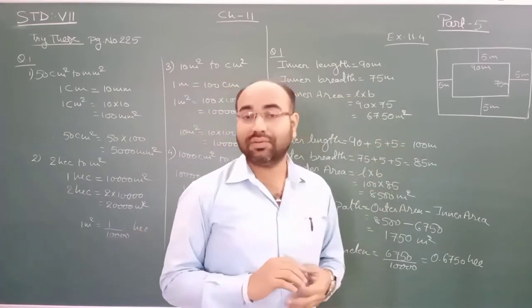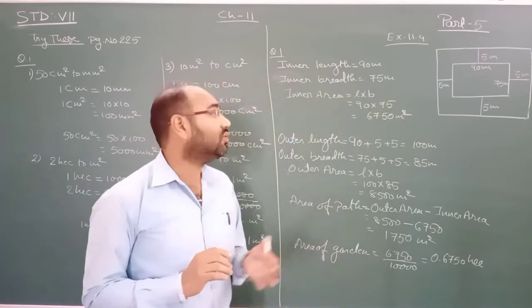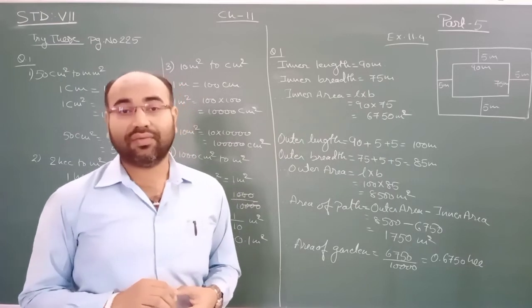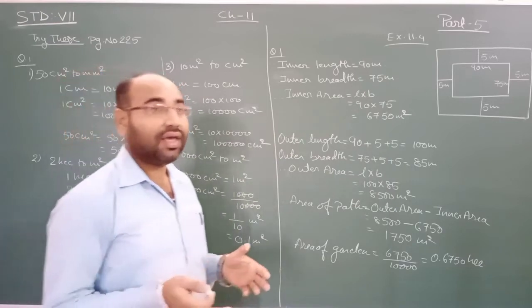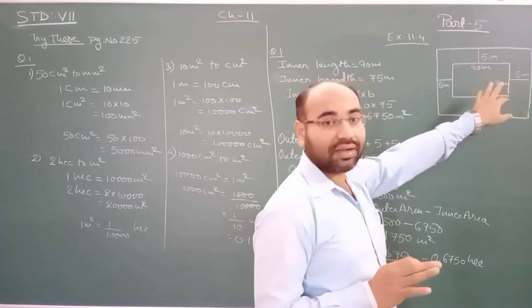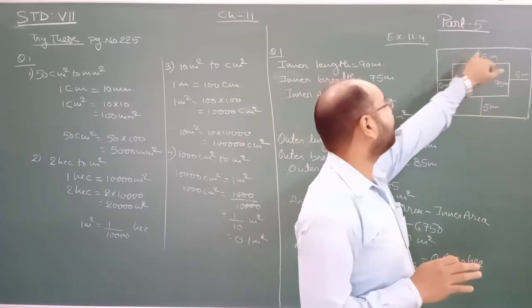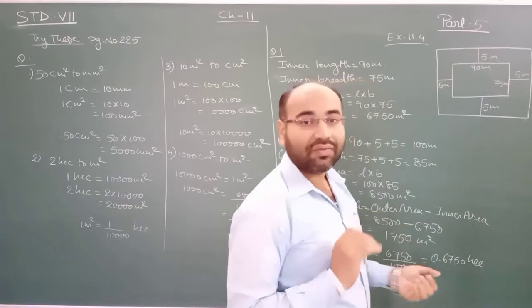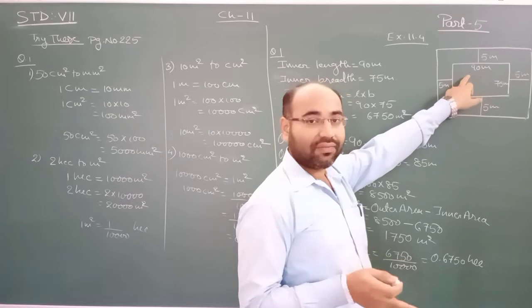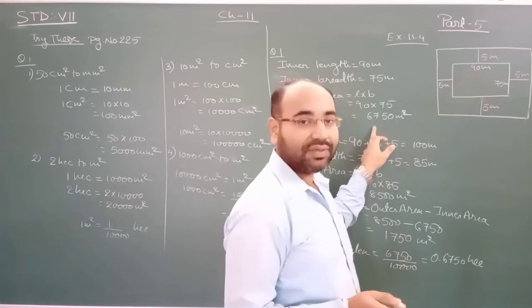पहले क्या मेजरमेंट दिया है वो हम कहाँ पे लिख सकते हैं, that we have to see, directly we cannot do it, that's why I told you in each and every sum you have to draw the figure, then only it will be easy। क्या दिया था, रेक्टेंगुलर गार्डन, उसके चारों साइड 5 मीटर का एक पाथ बनाना था, तो वो पाथ जो है वो कितने एरिया में फैला हुआ है, that we have to find out। तो पहले क्या किया, एरिया ऑफ गार्डन we have found 6750 मीटर स्क्वायर।